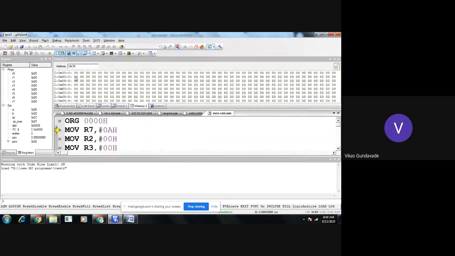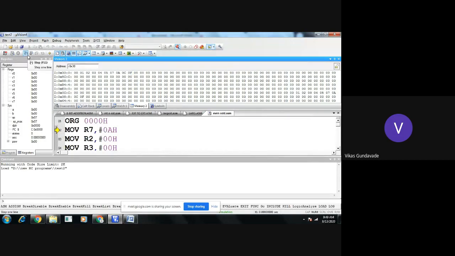Now here there are 10 numbers. So the first number we will keep as the default, 00. The second number we will take as 01, then 02, then 34, 05, then we will take 07, then 0A, 0C, 1, 2, 3, 4, 5, 6, 7, 8, 9, and 0F. Okay, so I have taken 10 numbers.